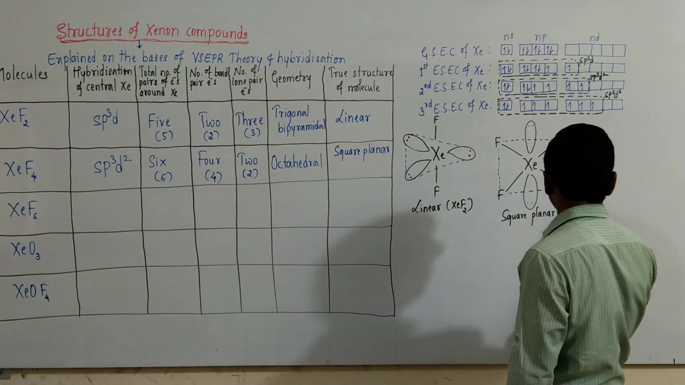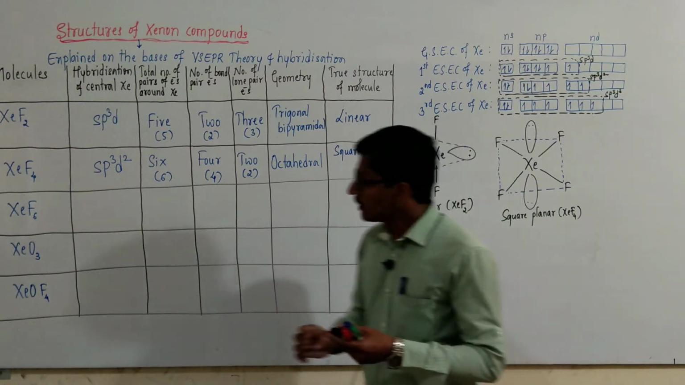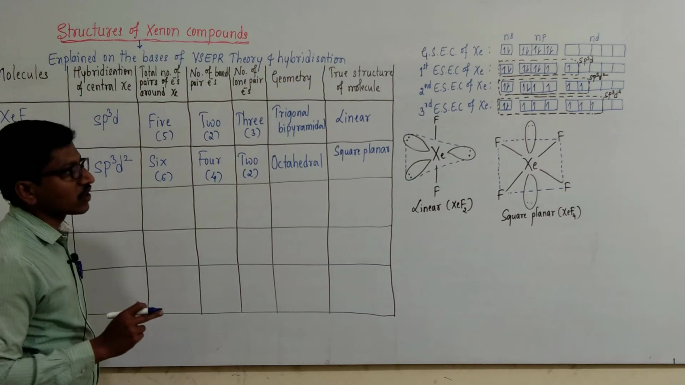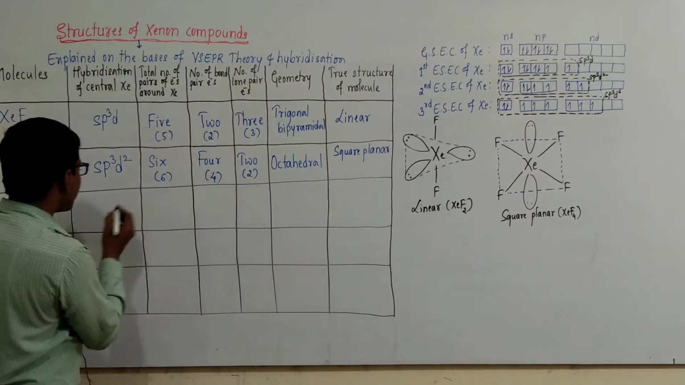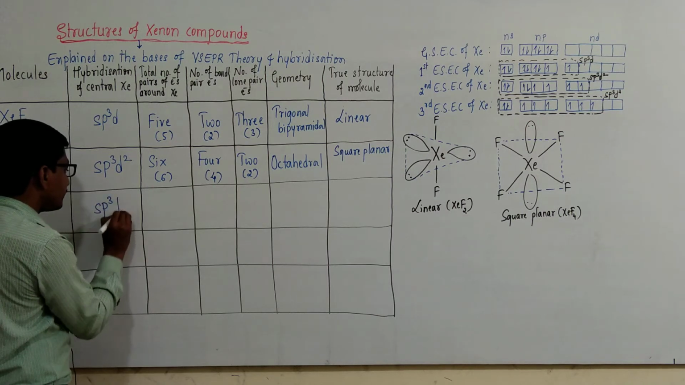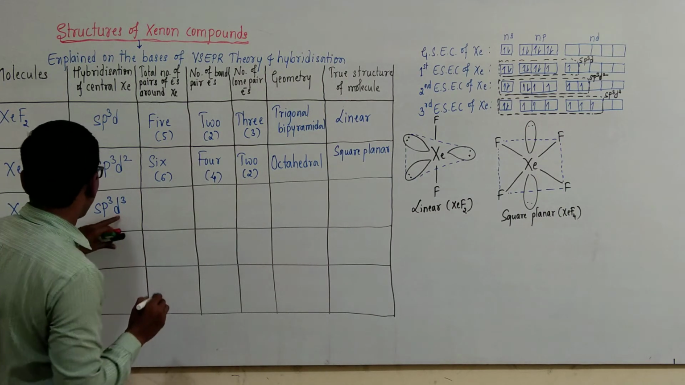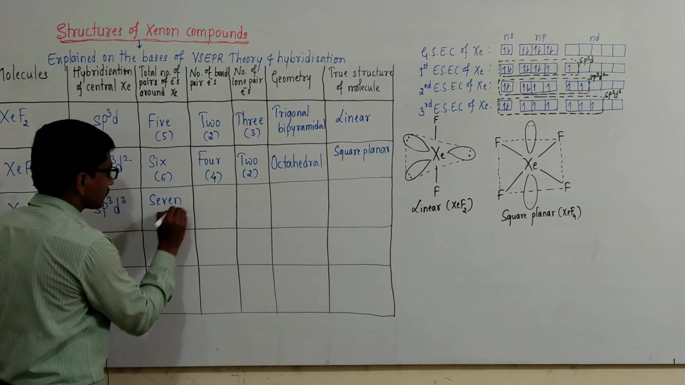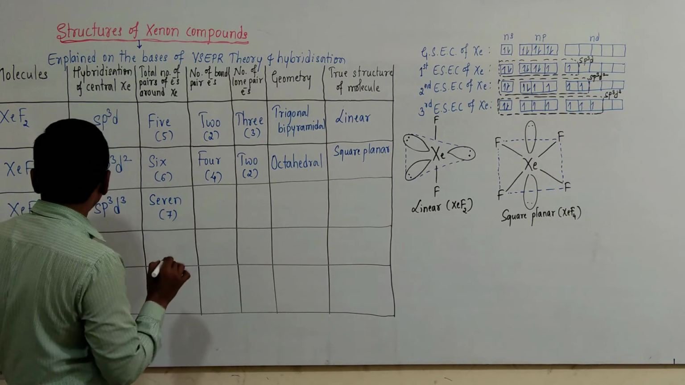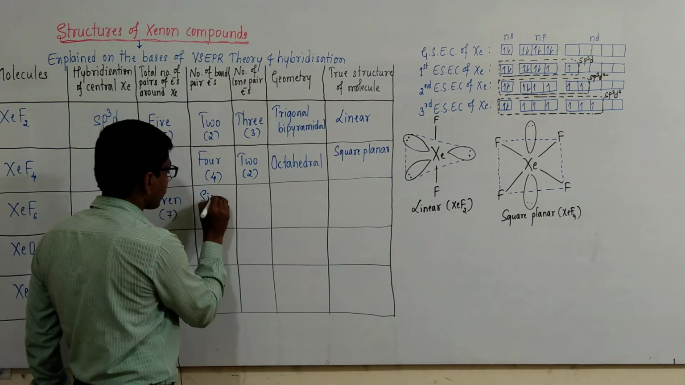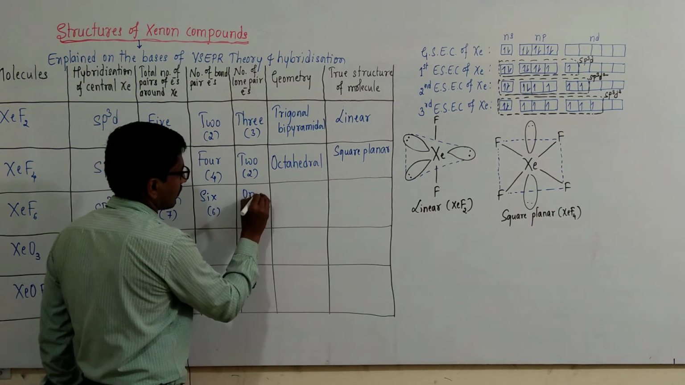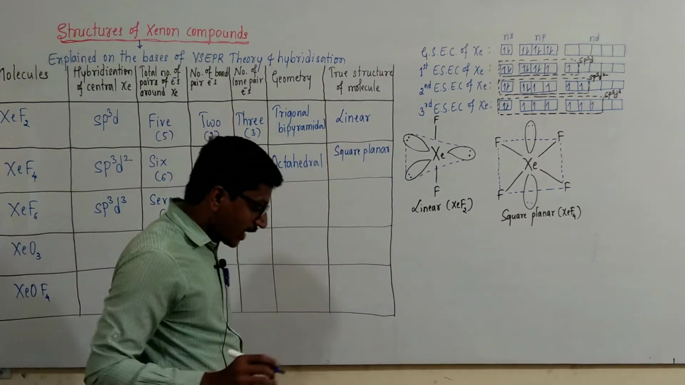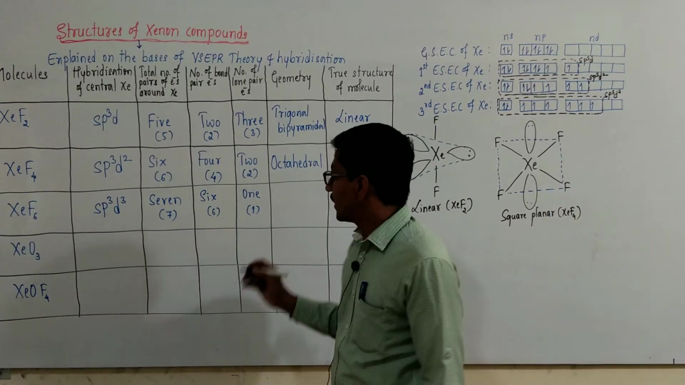Square planar XeF4. Then next is XeF6, xenon hexafluoride. In the third excited state, it forms sp3d3 hybridization, and the total number of electron pairs is 7. In that, 6 fluorine atoms are bonded and 1 lone pair is present, and the sp3d3 hybrid state of xenon has its geometry as